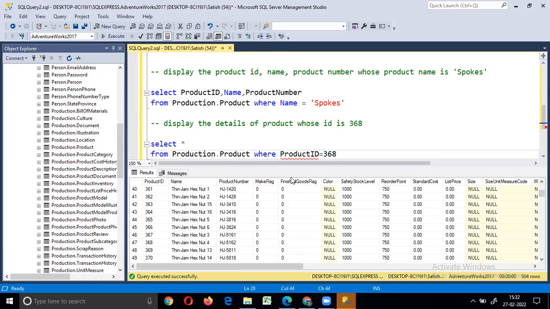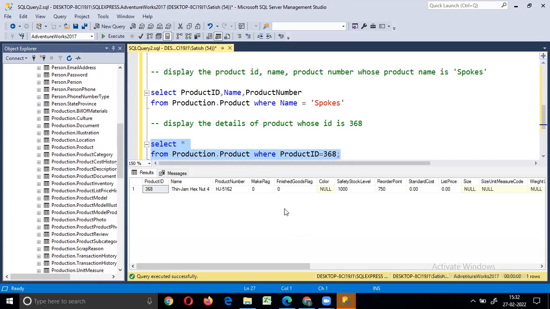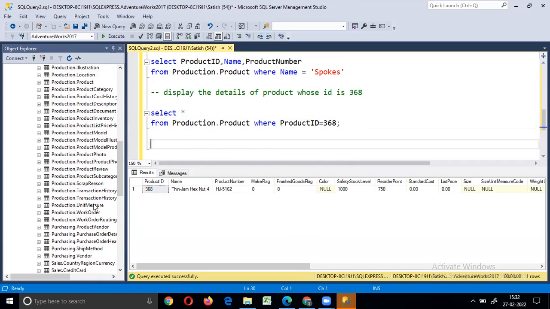Is equals to 368. So this is a way; based on our requirement, we have to write the query. Whatever details we want to retrieve, first we have to observe the table. What are the columns we have in that particular table to retrieve the so-and-so data. Based on that, we have to write the query.